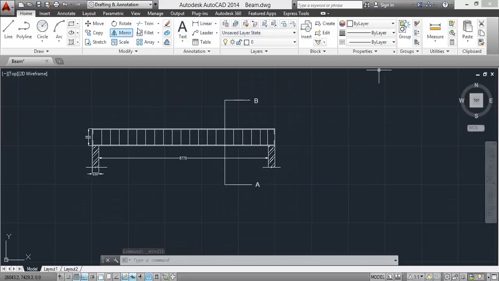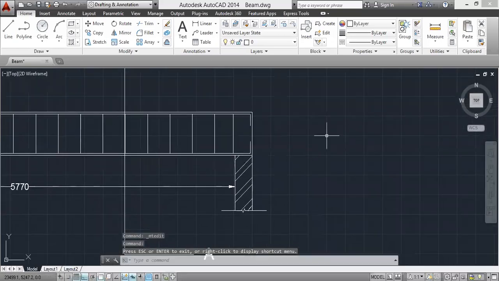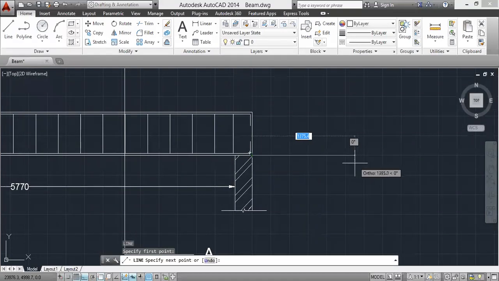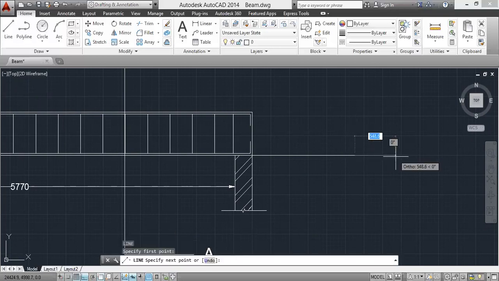I'll be projecting the line. I'll be projecting this line. L, enter. I'll be projecting this line as a baseline. Now I'll be drawing the section AB. L, enter. 250 mm width.